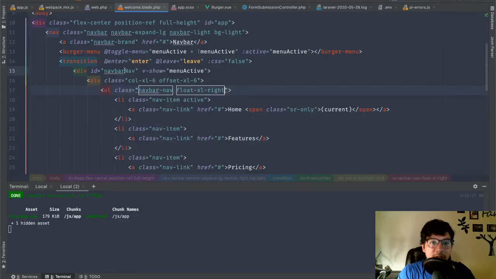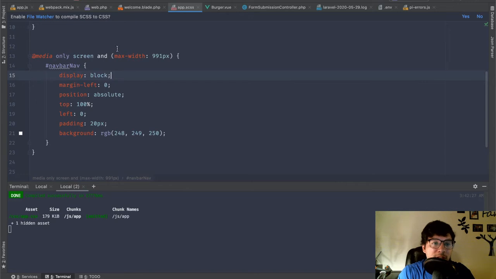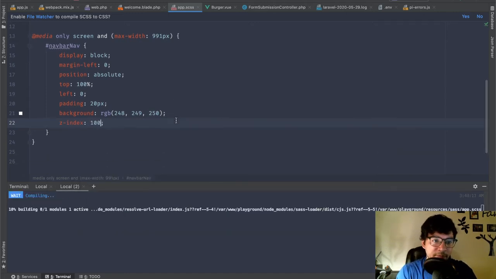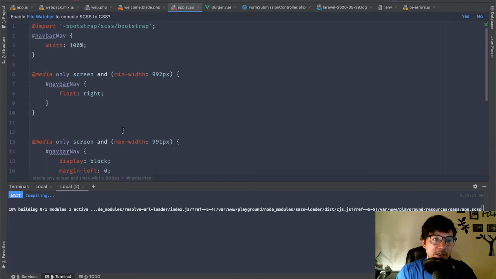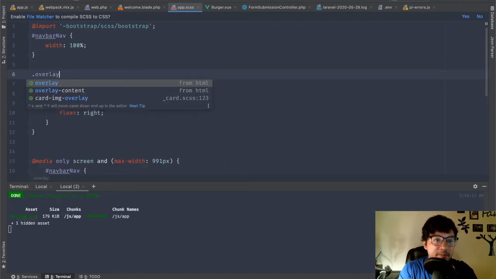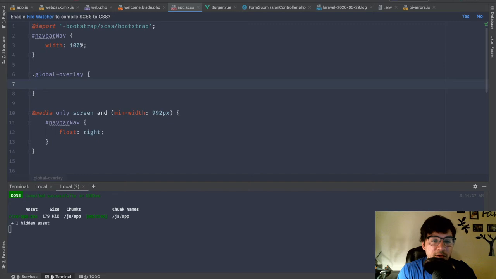Now we're gonna need the z-index for this, and we're pretty much only gonna set this up for mobile. We're gonna do z-index 100. We're also gonna be showing setting up our overlay style. So we're gonna do something like overlay. So just call it global overlay, because I have another overlay somewhere in there, so I don't want to conflict